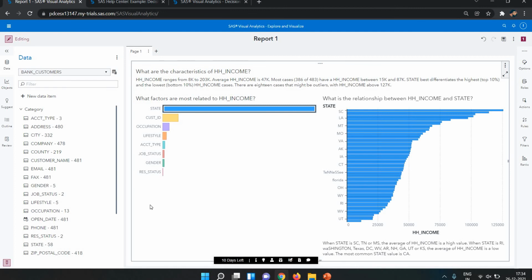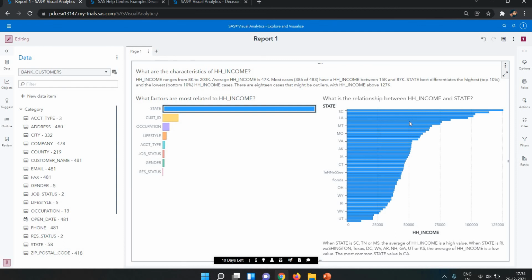Okay, so this is the detailed analysis automatically created by SAS Viya. You don't need to do anything. Automatically it will be shown according to your prediction values, because I put the HH income in the predictions. Now it will show state wise.